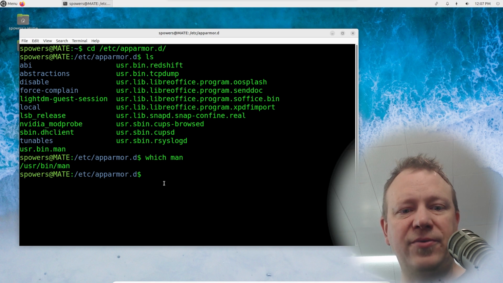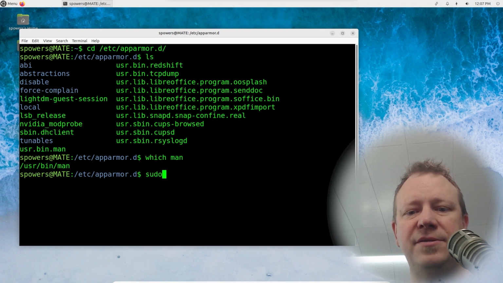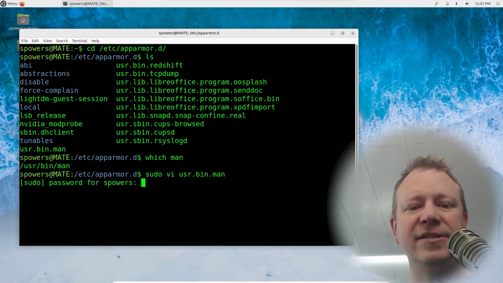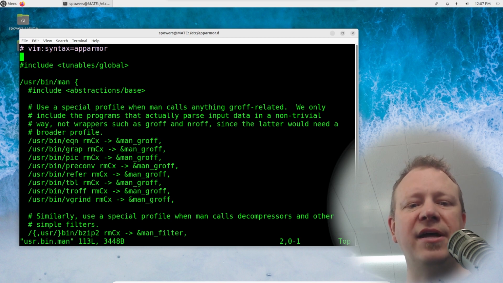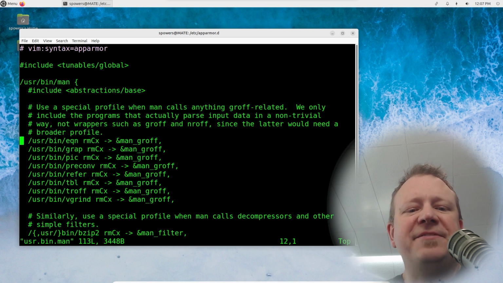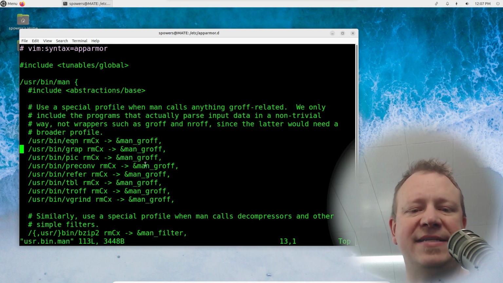Let's look at this really quickly. So sudo vi on the usr.bin.man profile, just as an example to see what a profile looks like. There's a whole bunch of things you can specify that it has access to or not, and then specifically what kind of access it has.